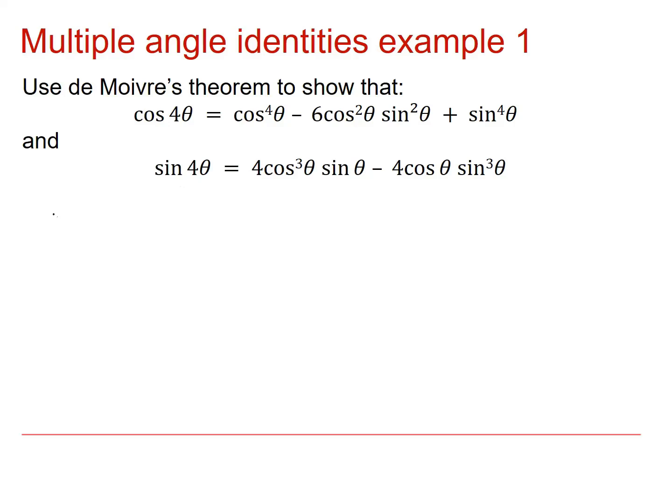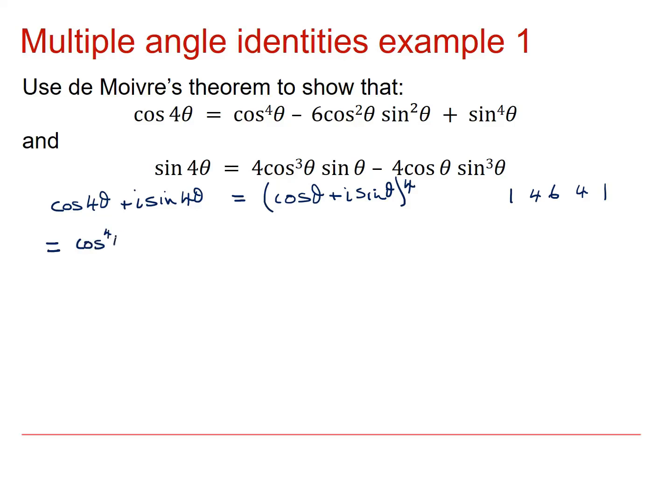Okay, so cos 4 theta and sine 4 theta, well, they feel like they've come from here: cos 4 theta plus i sine 4 theta. We know from De Moivre's theorem that that's equal to cos theta plus i sine theta all to the power 4. And what I'm going to do is multiply out this right-hand side using the binomial theorem and Pascal's triangle. I know that for power 4, Pascal's triangle is going to give me 1, 4, 6, 4, 1 as my coefficients. So this thing is going to become